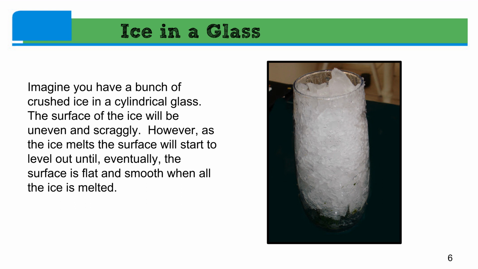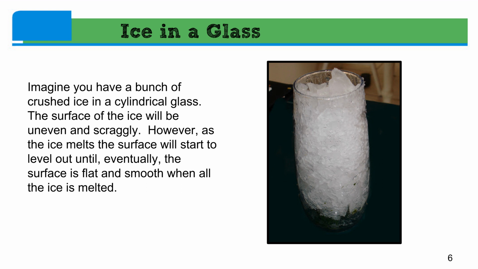You're with me, right? Yep. That scraggly ice is going to have some very high points. You can see it in the picture where that piece of ice is sticking out of the glass. You'll have some very low points. When the water melts down, it will be somewhere in between. Okay? That level where the water is at is called an average value.